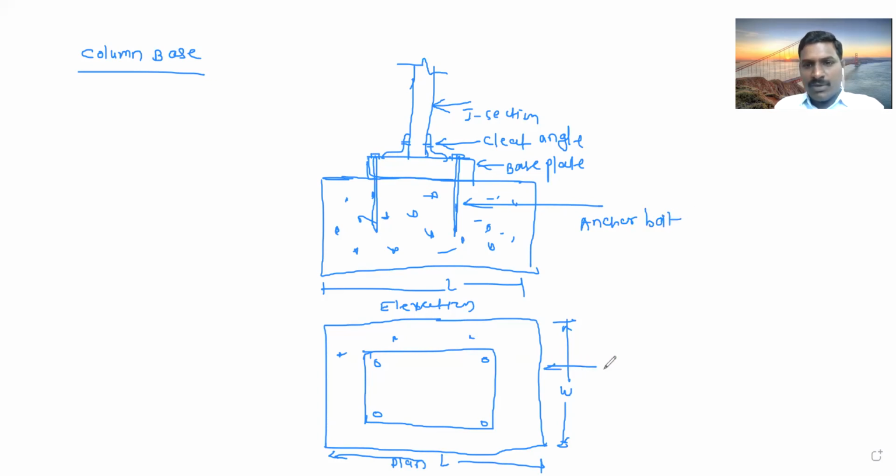Here, this is the concrete pedestal. I have drawn it in plan and in elevation also. This is the concrete pedestal. So you can see each element in both the elevation and the plan. Look at where the same element is in both the elevation and the plan, and how it appears.